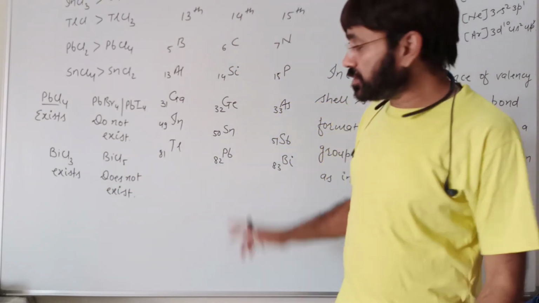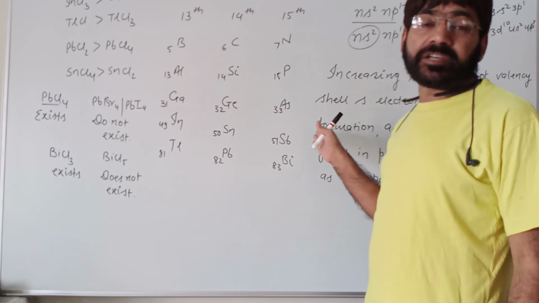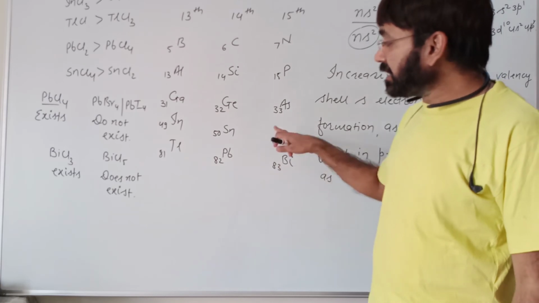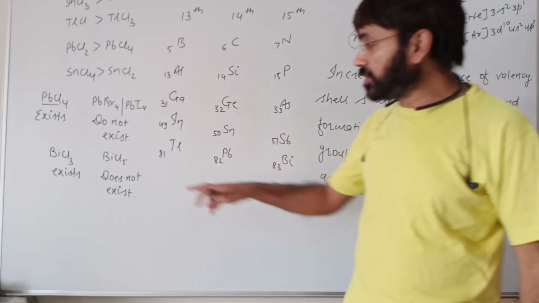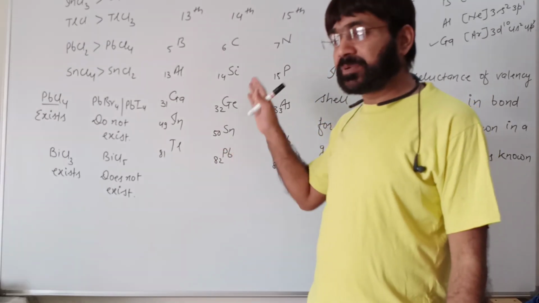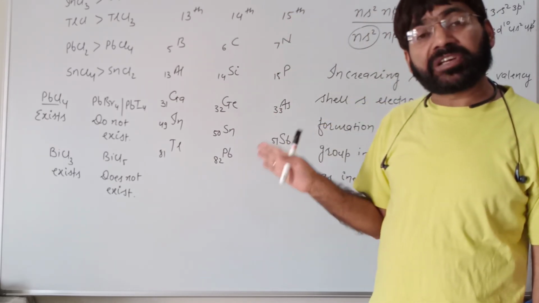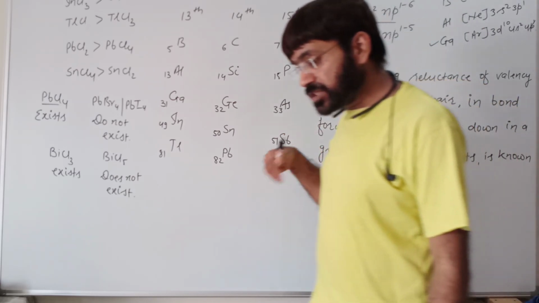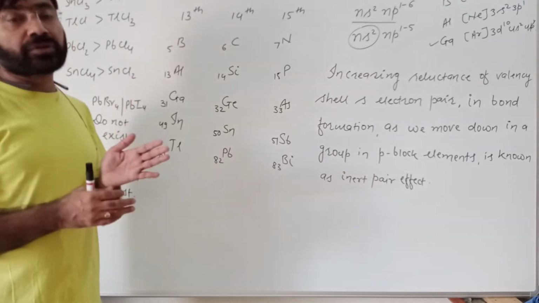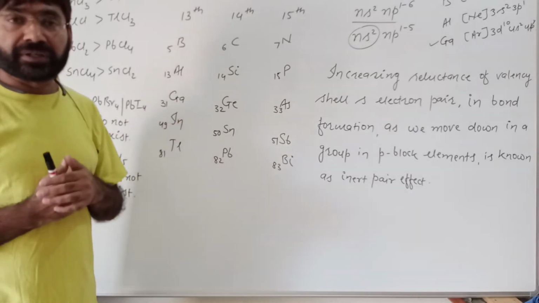You are getting my point? So this is showing that as we move from left to right in the periodic table, the inert pair effect is increasing. Up to bismuth, we find that the s electron pair is not being utilized during chloride formation. The inert pair effect increases as we move down in a group, and it also increases as we move from left to right in a period. That means it is one such periodic property which increases in both directions, vertically down a group or horizontally across a period. So this again can be a good question related to the inert pair effect.